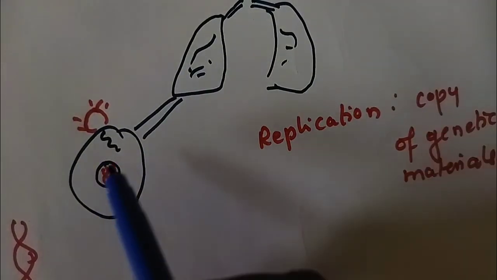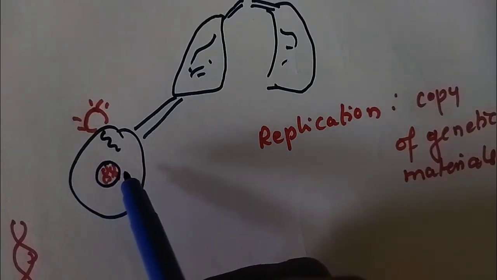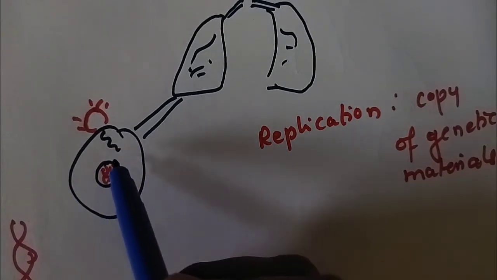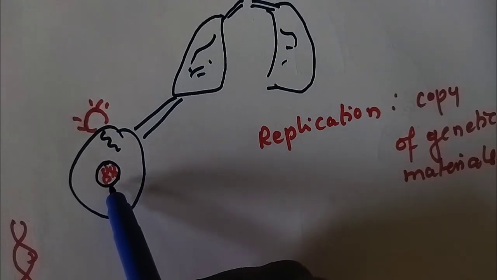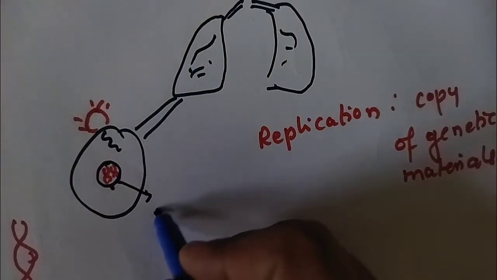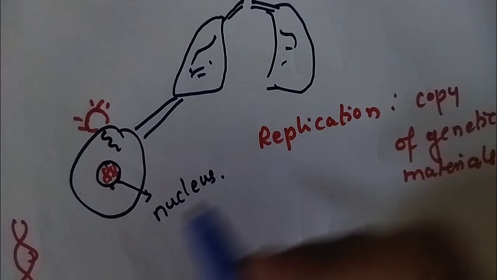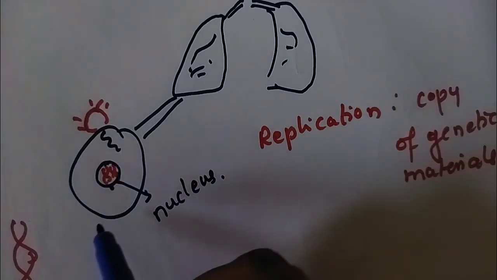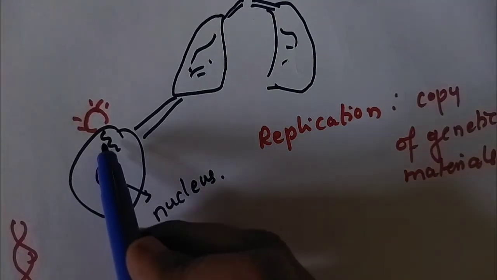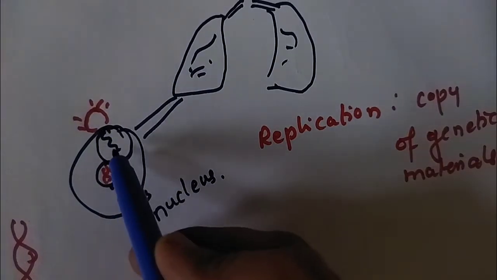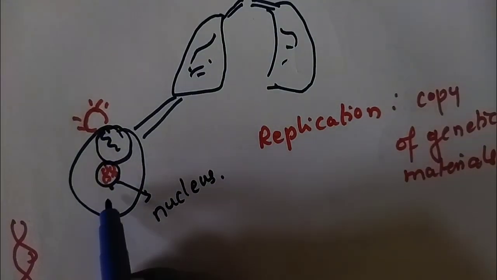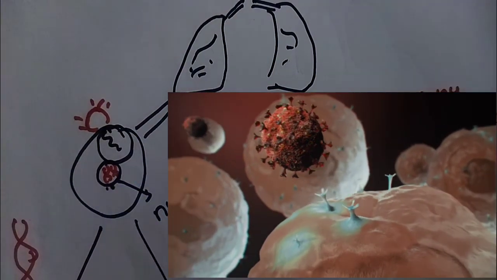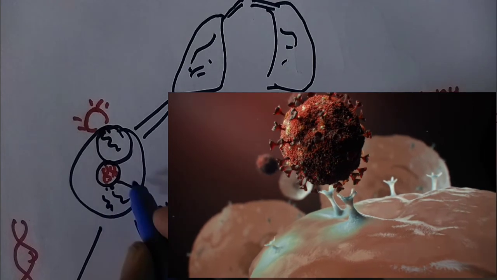So what do they do? They attack these cells of the animals or human cells. They will attack and they will command the nucleus, the human nucleus, to prepare the RNA. Which RNA will they command? They will ask it to make their own RNAs instead of making the DNA for making human cells. The nucleus will start making the RNAs of the viruses.